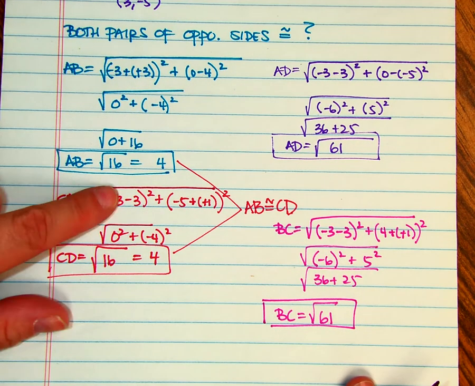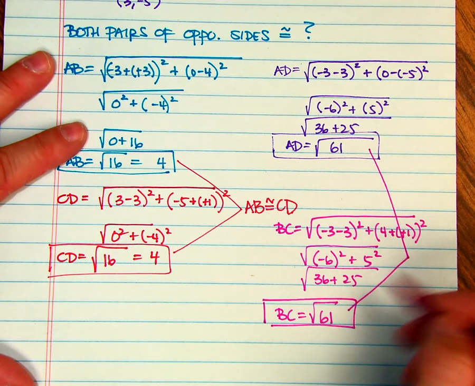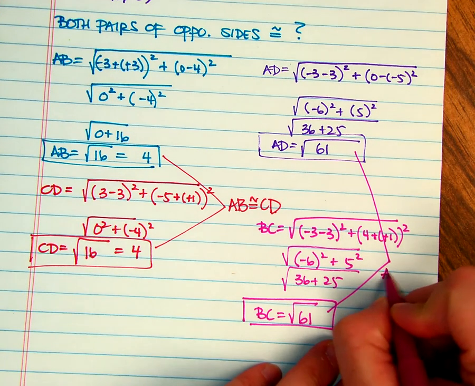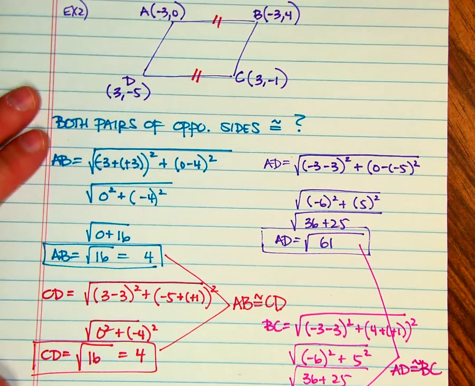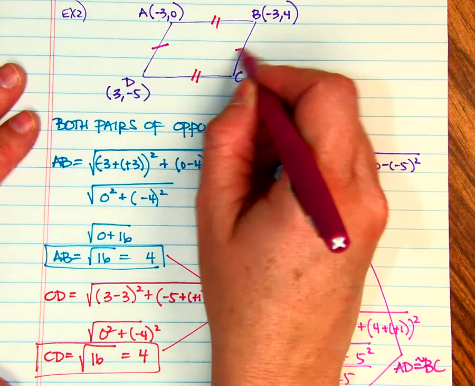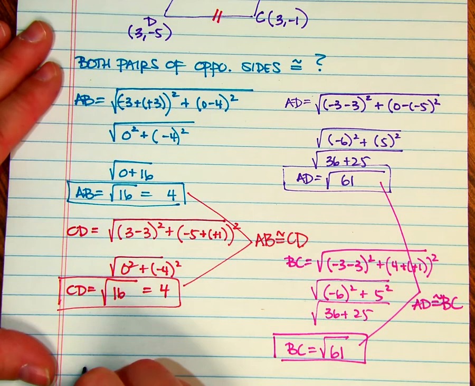So I have already noted that AB is congruent to CD. I can also note that AD is congruent to BC because they have the same length. So going back up to my diagram, I can put tick marks there. Now I have not answered the question yet, and that is, is this a parallelogram? So I'm going to say, yes,